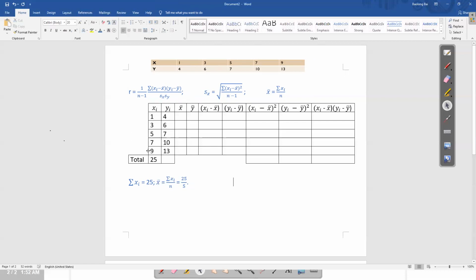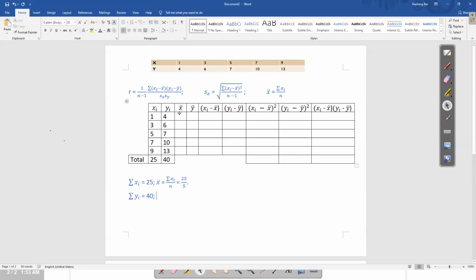likewise, we can calculate the summation of yi, right? By adding up all the y's. 4 and 6 is 10, 7, 13 is 20, 20 and 10 together, that's 40. So for this column total, it will also be a summation, but it's not going to be the summation of xi anymore. It will be the summation of yi. So the summation of yi from the worksheet, we get equal to 40. Then